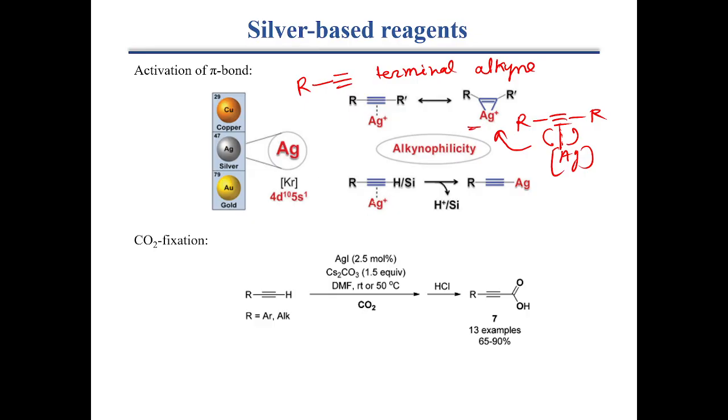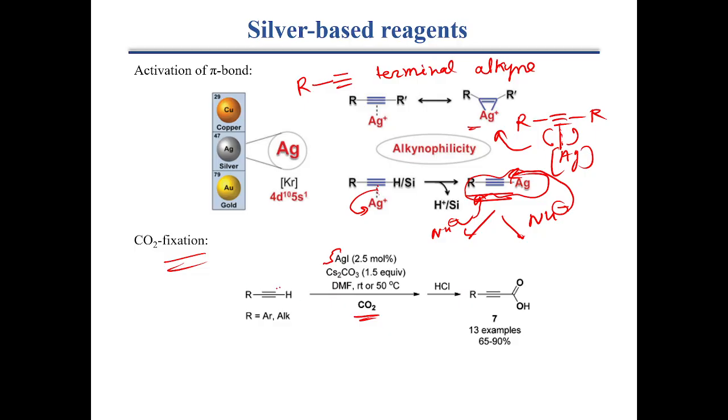If the alkyne is terminal, first it is activated this way, and after that reaction it will form this terminal silver product. Now if there is a nucleophile, the nucleophile can attack two ways. Either it attacks this way, or if it is a terminal alkyne, it happens from the silver side. Or if it is the substituted alkyne, then there are two possibilities, this side and the other side. First I am going to discuss the CO2 fixation reaction by terminal alkyne